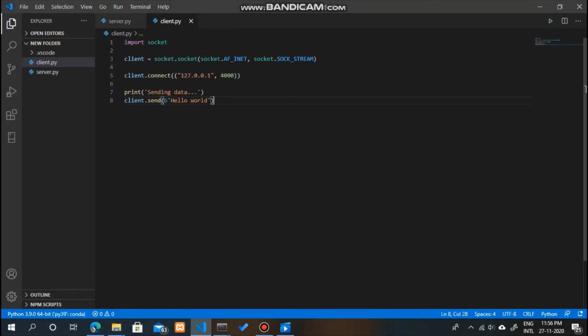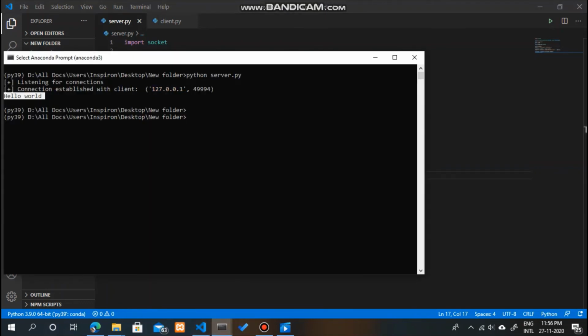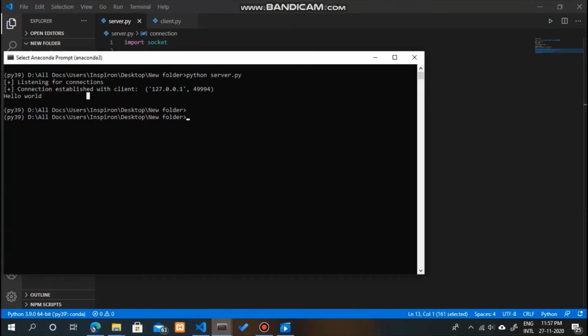So this was it. This is a simple server and client connection where we are only sending data from client to server or server to client, and it is only happening once. And you saw that after executing the accept method and after executing this data, our server died.